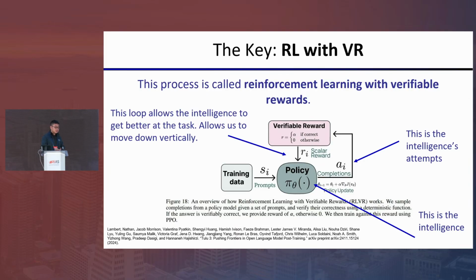So the AI accepts the task. Then the policy is basically the intelligence. The policy is supposed to figure out the answers. But initially, it may not be able to figure out the right answer, so it generates many different answers. That's what I wrote on the right: intelligence attempts. It's going to attempt so many different things. Then it's going to send them to this verification module, producing a verifiable reward. So the module would be able to tell if the intelligence attempt is right or wrong. After doing that, ideally, we should also figure out a mechanism to digest the feedback so that the next time the policy, or the intelligence, proposes a new answer, the answer is of higher quality. Eventually, hopefully, it can surpass the quality produced by any human being.